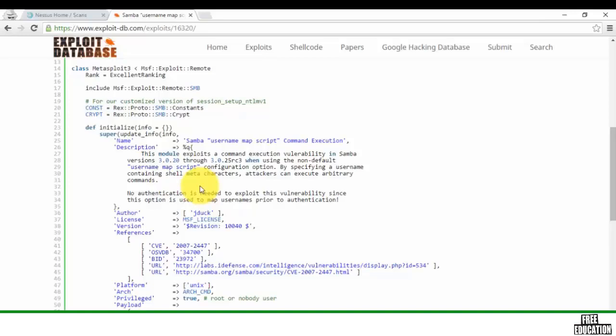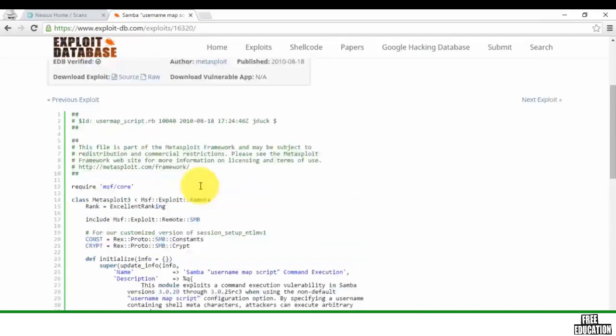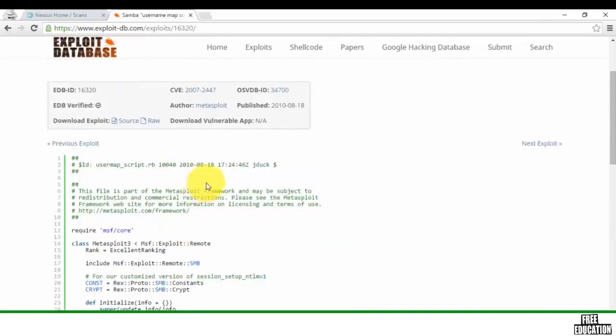You would have to take the code and alter it, change IP addresses, change other parts of the code for it to work. So you are forced to have a very good understanding of how exploit code works and how you can edit it in such a way that you can make it work for your particular target. Luckily for you now, as a beginner, you do not have to do that anymore. So you can see here that the author of this particular piece of code is Metasploit, which basically means that